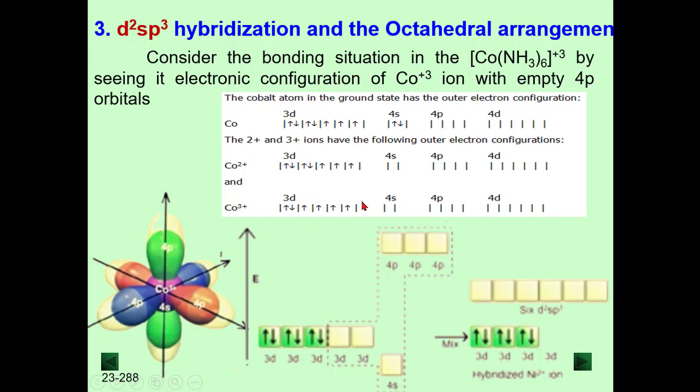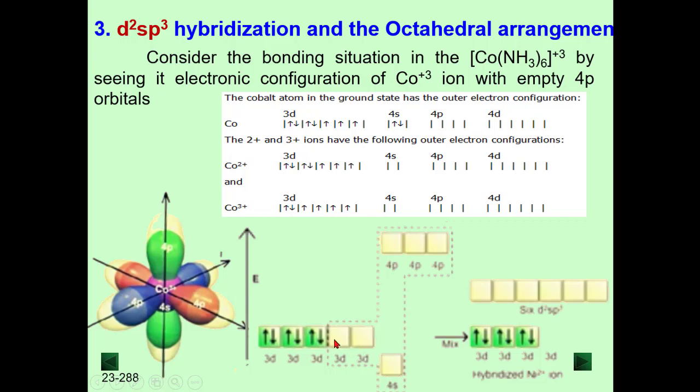So by emptying these two 3d orbitals, if you count the electrons, 1 2 3 4 5 6, there are a total of 6 electrons. So we have to make a pair, and then the electrons look like this. Now in each orientation of the 3d orbital there is a pair of electrons, and the cobalt 3+